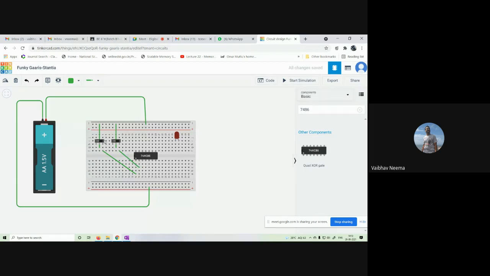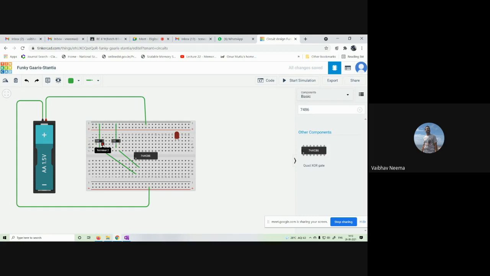So we first connect the two switches. This first switch acts as switch A, the input A for the XOR gate, and the second switch is considered input B. The middle pin is known as the common pin. The common pin of the switch we connect with the power supply, and for the second switch, the common pin is also connected with the power supply.